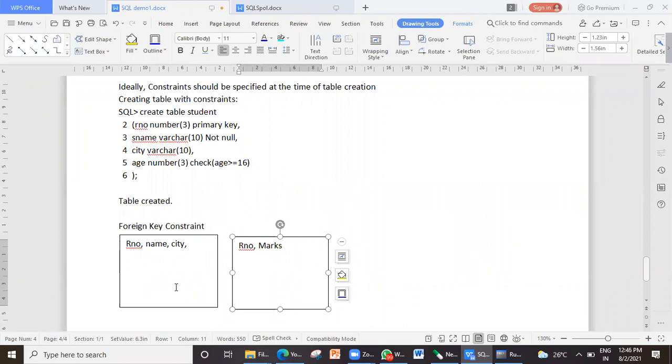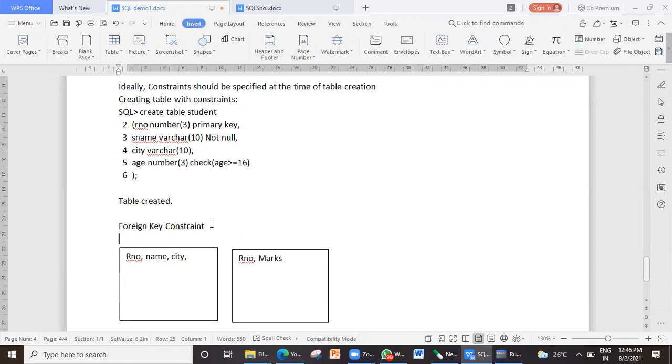So when we store the data in different tables, there should be some link. If I store only marks, then what is going to happen? I will not understand whose marks. So just to create a connection that these marks belong to this roll number only, I add a common field in both the tables called roll number. So roll number is one such field which is going to create a link between these two tables.